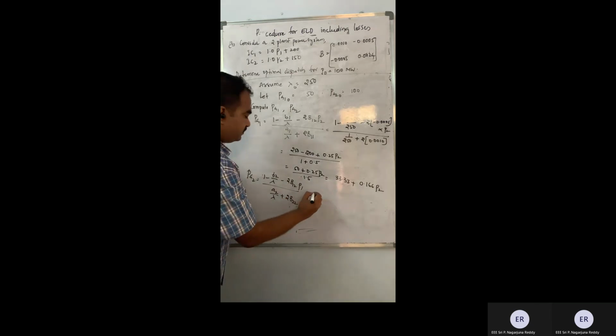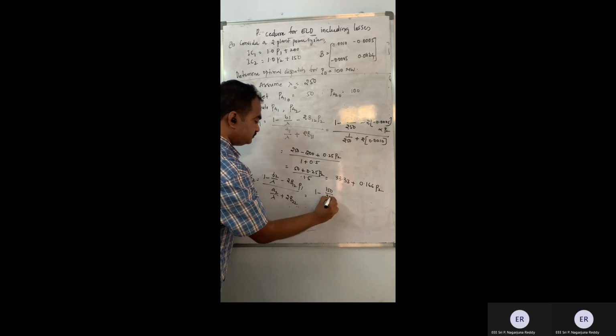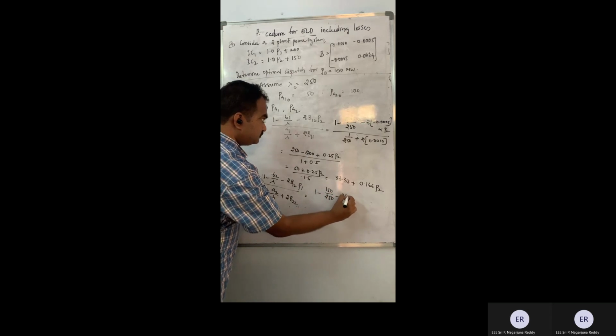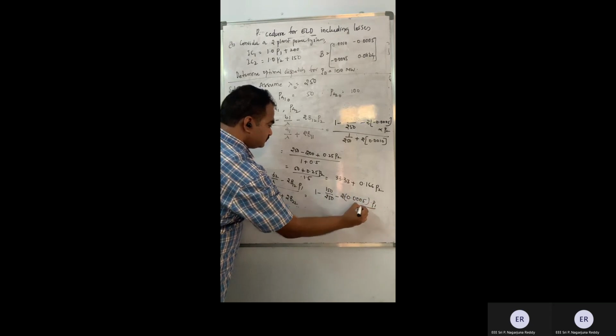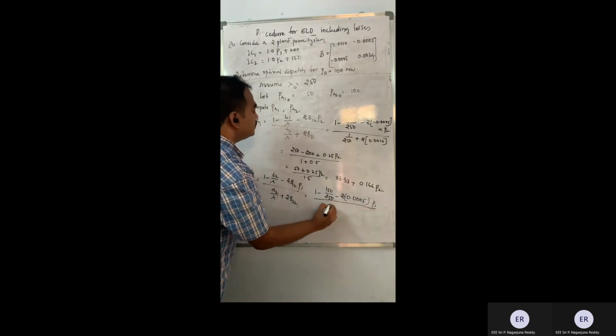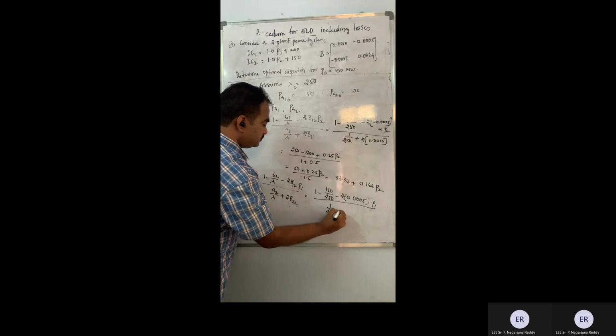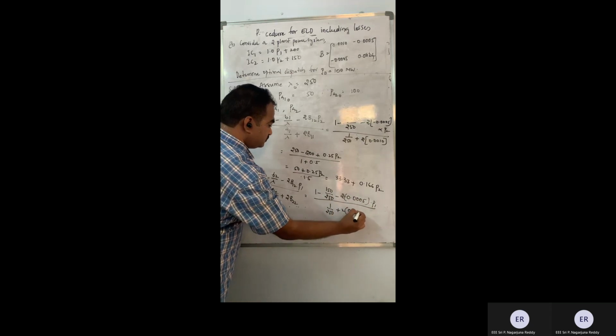So now what will I be getting here? 1 minus B2 is 150. If I take LCM as 250, this is going to be 250 minus 150, minus this remains the same, plus